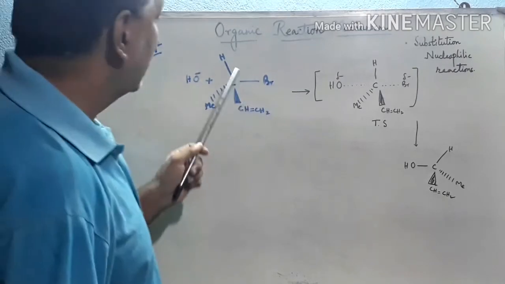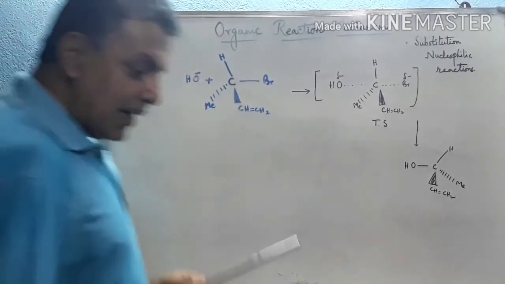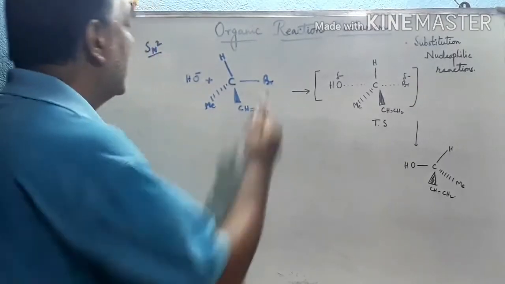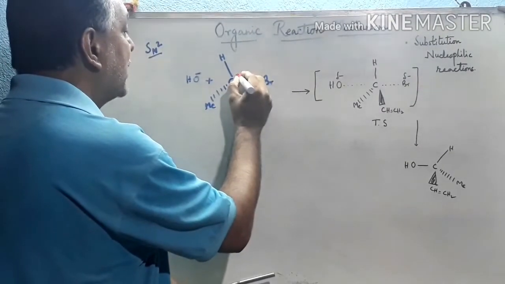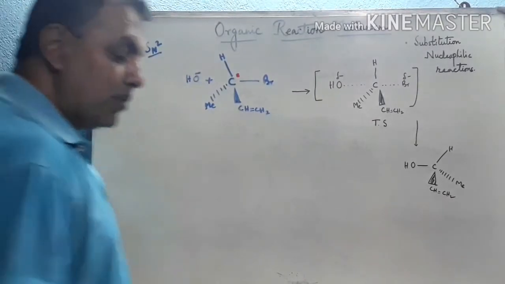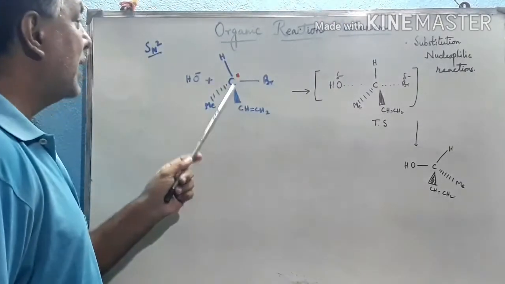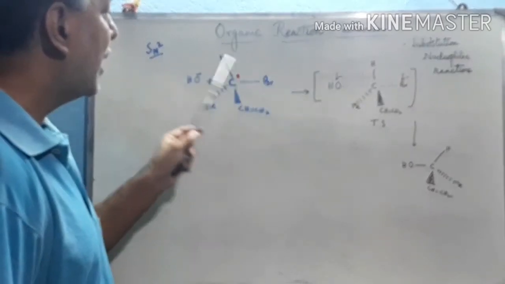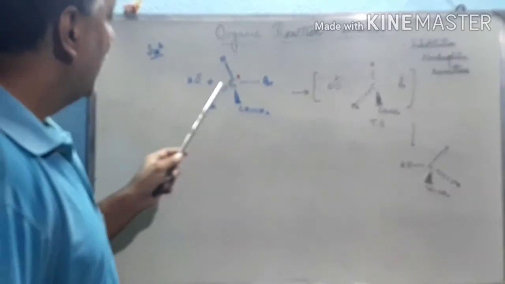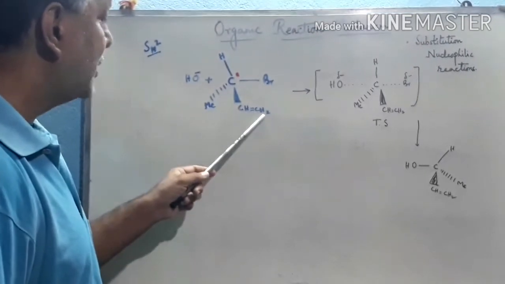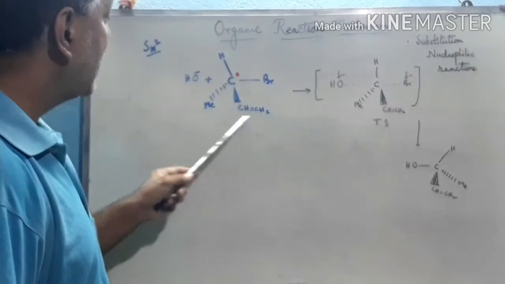See, this is a compound. This is the chiral center actually. This carbon is an optically active center, a chiral center, because it is attached to four different groups or atoms. Here the carbon is attached to hydrogen and Br, so H and Br are on the plane. Methyl is below the plane, and the CH=CH2 vinyl group is above the plane.